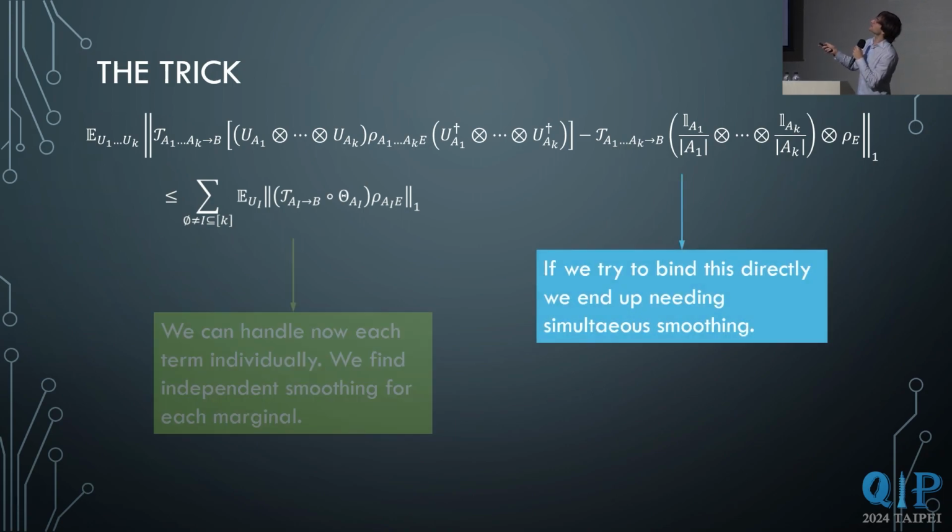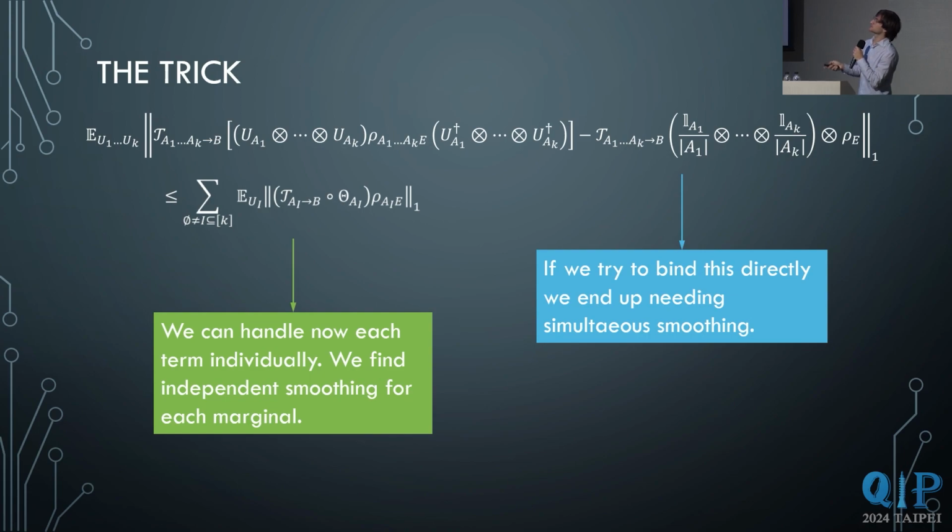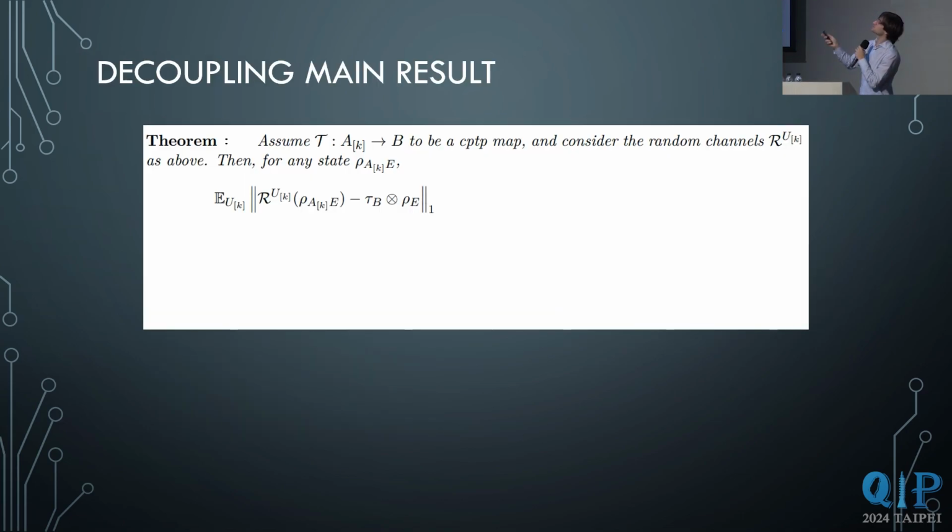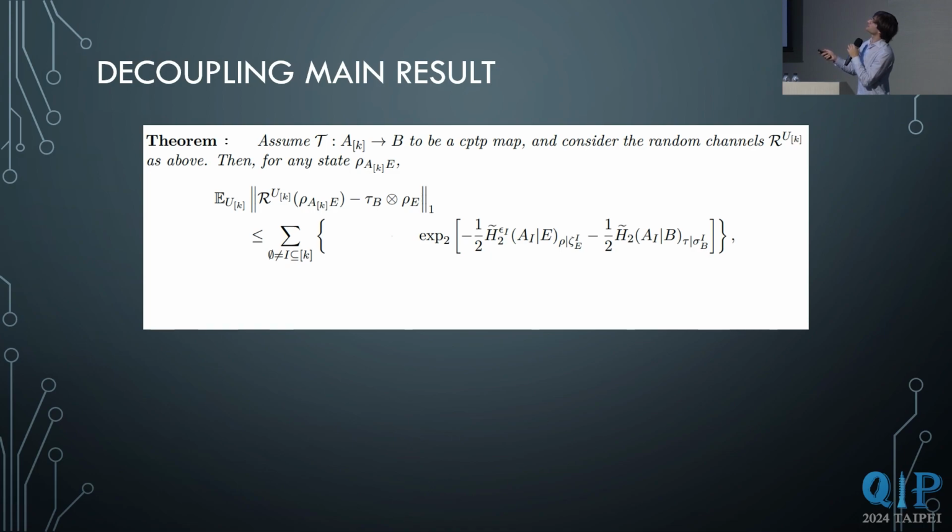Before we had to do everything over the same state, now we can work just with the marginals. This is the main idea, and I don't want to get further into technicalities, but I guess that you can see more or less how this works. And with this very simple trick, we can bypass joint typicality and get straight to the results in decoupling, which are just, well, this error bound that we wanted to calculate looks like a sum over all these marginals that we have seen in the trick. And again, some exponential of these objects, of these quantum entropies that we were expecting.